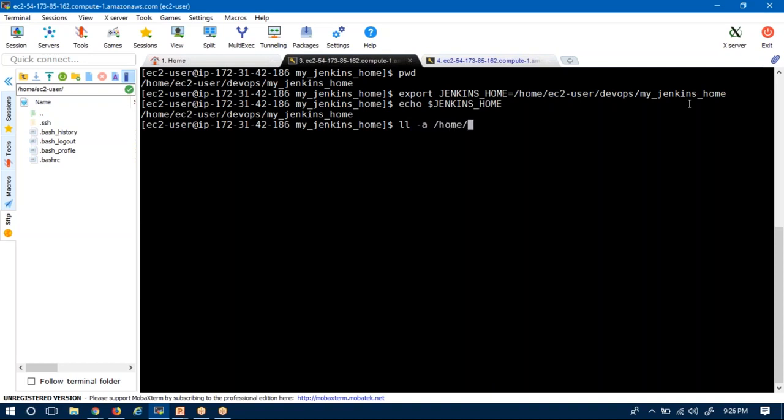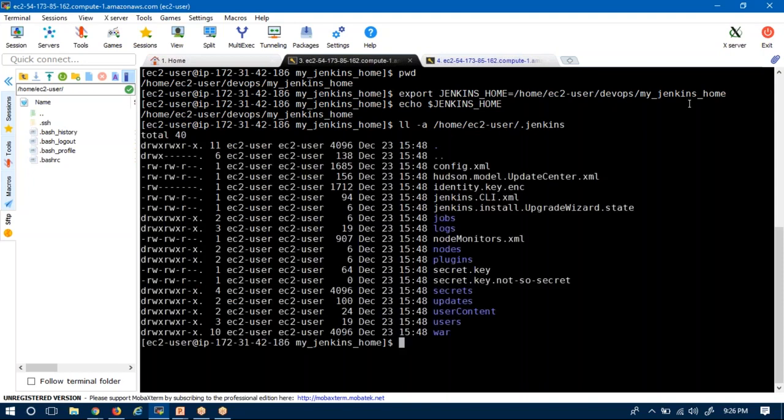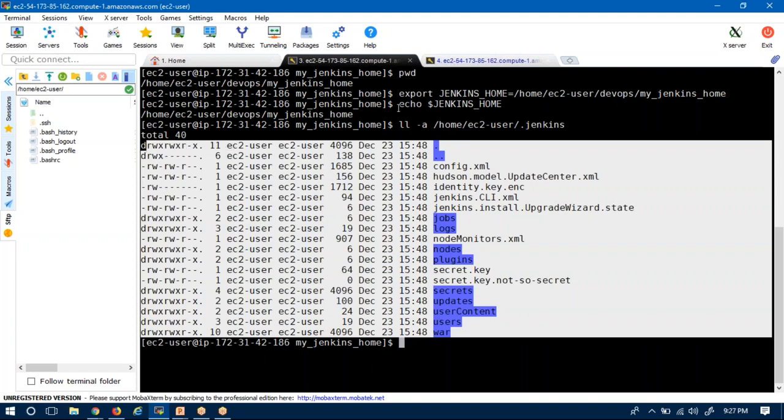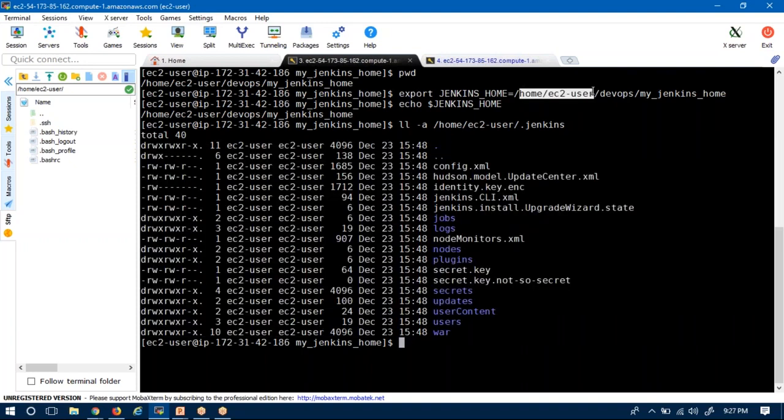Now, as you already know, under home, EC2 user, the .jenkins directory is the default home directory. Go there and check what folders or files are there. Now you need to copy all these files and folders to this new home directory under EC2 user, DevOps, my Jenkins home. Why?